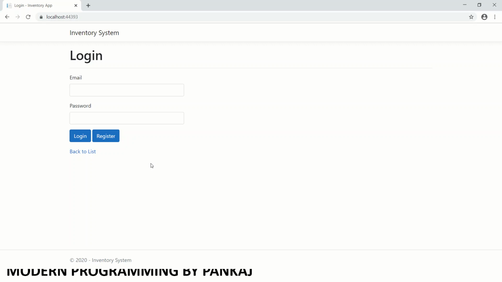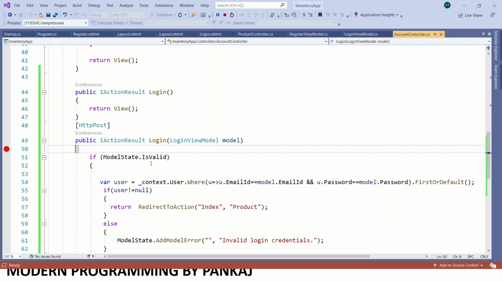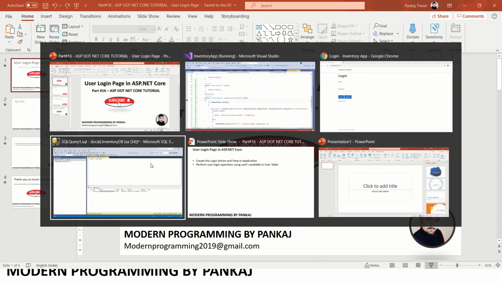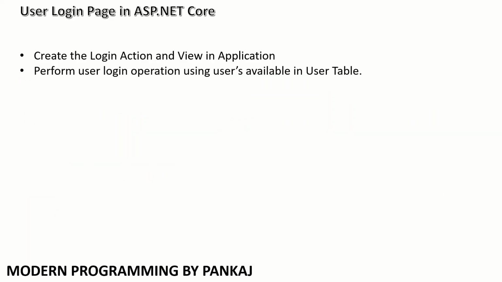I think I have covered everything related to login and how we can get logged in. But what is the problem with this login? This is not that much secure. So how can we overcome this problem? I will use identity authentication of .NET Core Identity. In my upcoming videos I will try to cover everything, and I will try to make our application more secure. So this is not secure, this is just for namesake. If you are getting a login page like this, it does not have any meaning at all.